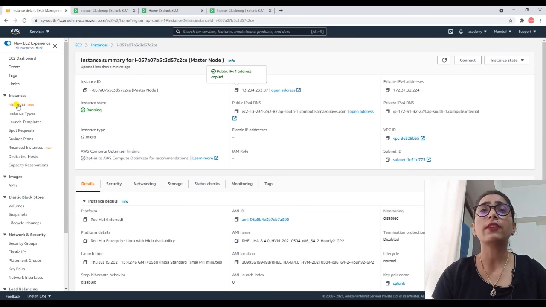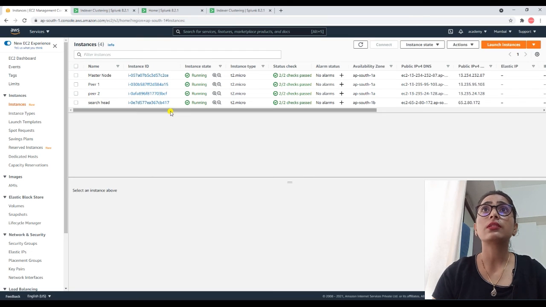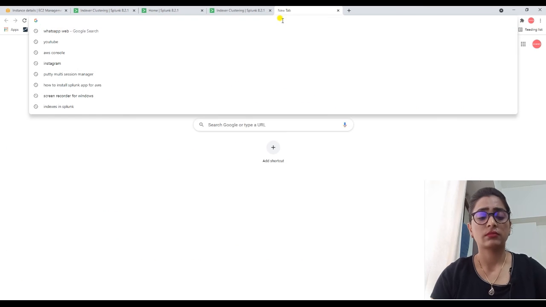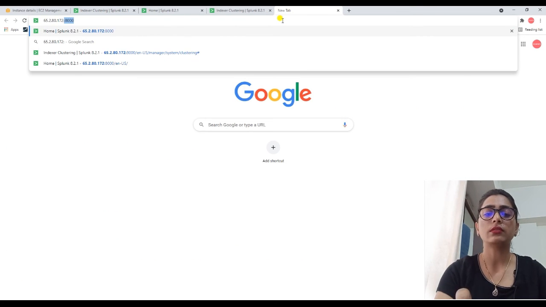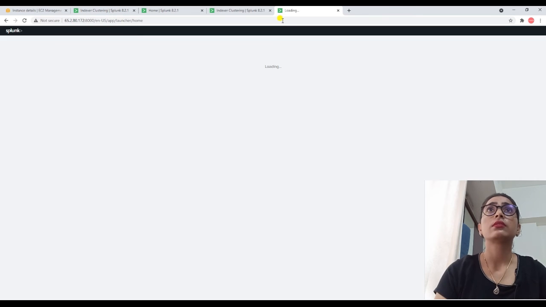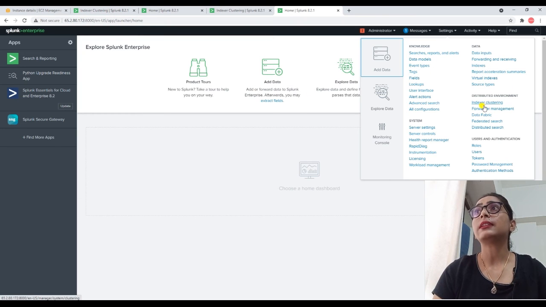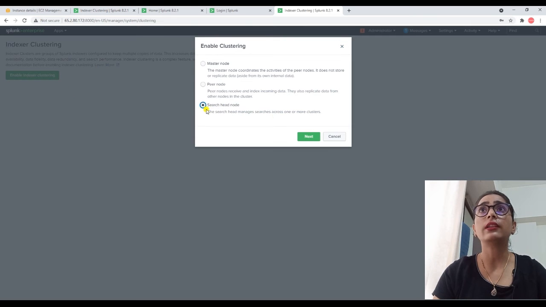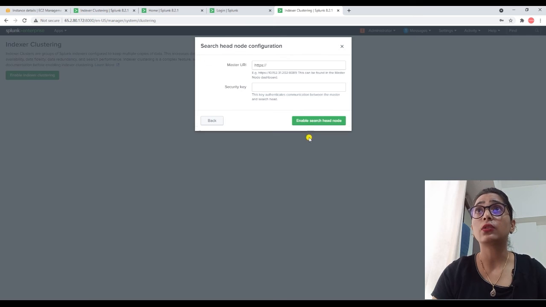If I want to add one more search head, I can add it. How? Just click on the search head, copy the IP, paste it, colon 8000. We have to click on Settings, Indexer Clustering, enable the clustering, and here we have to select search head node and click Next.